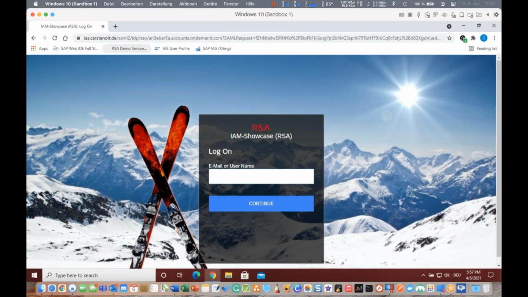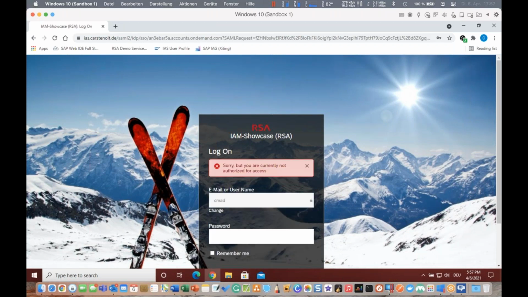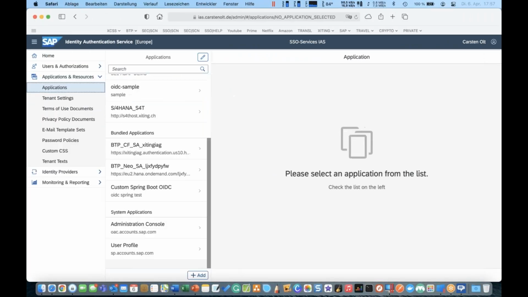Here again, he asks us for the username. You can see there is no social sign-on enabled for that application. So I will have to log in with the username and the password. And you can see, sorry, you are not authorized. So obviously something is wrong. Let's check this. Let's go to the application and to the